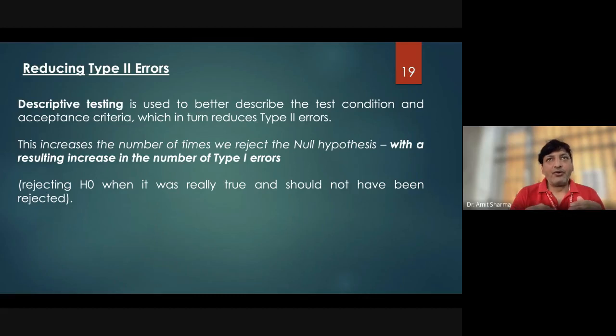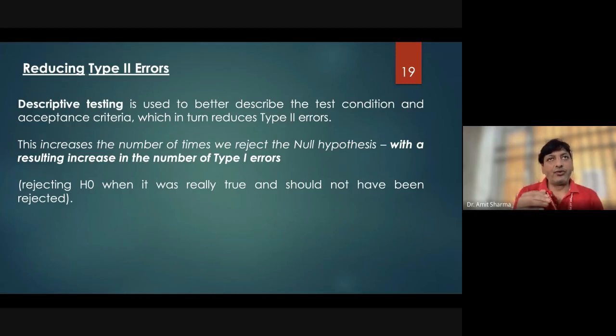So what you will do, you will take the n number of readings. You are going to increase the number of readings, the number of times you are going to increase. So what will happen, you will be closer to rejecting the null hypothesis, and at that time the chances of type 1 error increase, but the chances of type 2 error are going to reduce.